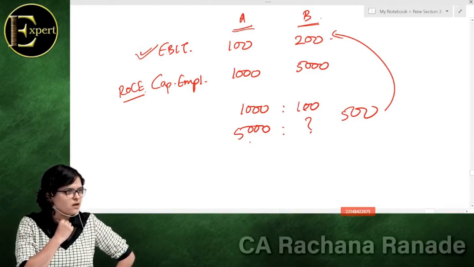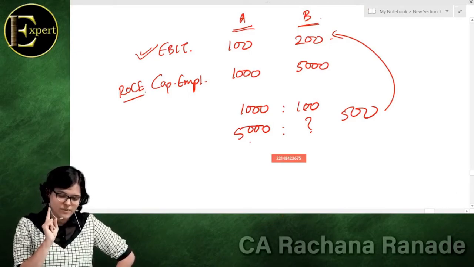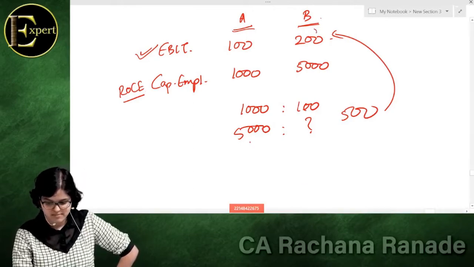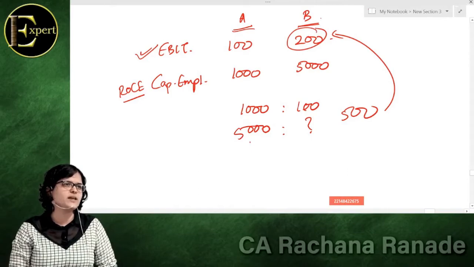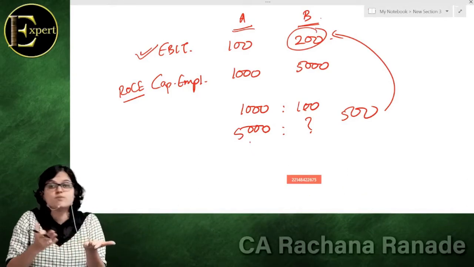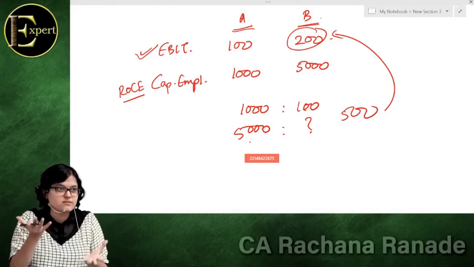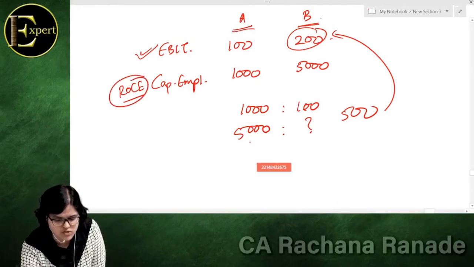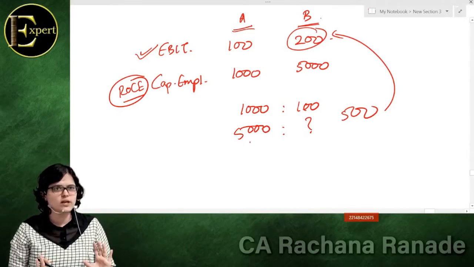Okay. So if I look only at one parameter, EBIT, then who would have been the winner? B would have been the winner. But I can't compare operating profit directly. I'll have to check to generate this profit, how much money was invested in it. And if I'm comparing this, which ratio am I coming down to? I'm coming down to the ratio of ROCE only, return on capital employed. Is this okay now? Yes?